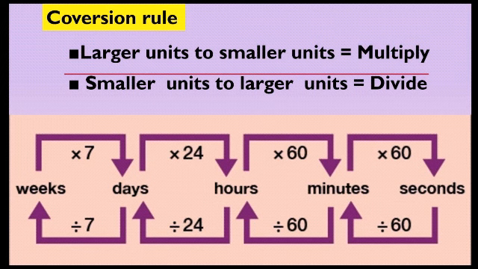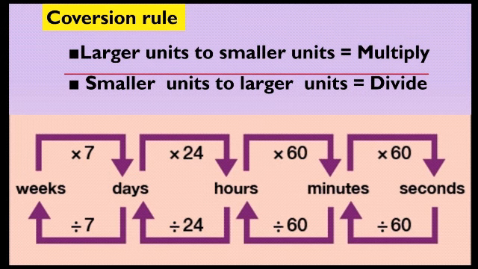Now see, at the bottom of the page I have shown one diagram. From the diagram you can easily understand when we need to convert. Just look at the arrow sign. When we need to convert second to minute, we have to divide by 60. But when we need to convert minute to second, then we have to multiply by 60, because second is a smaller unit than minute. So when we convert second to minute, we divide, and minute to second, we multiply.